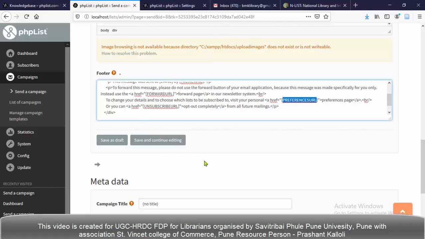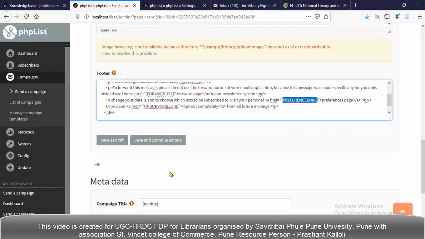An important thing: these placeholder links only work when your PHP list application is online. Your server may have to connect with a static IP on the internet, and then it will work. For sending emails it's okay, but your users will not be able to unsubscribe because they get the localhost URL, and from the localhost URL they cannot unsubscribe. So you have to put this application online and use it.